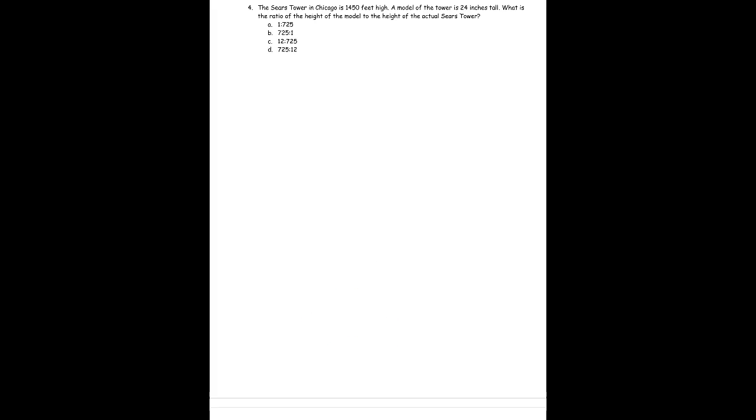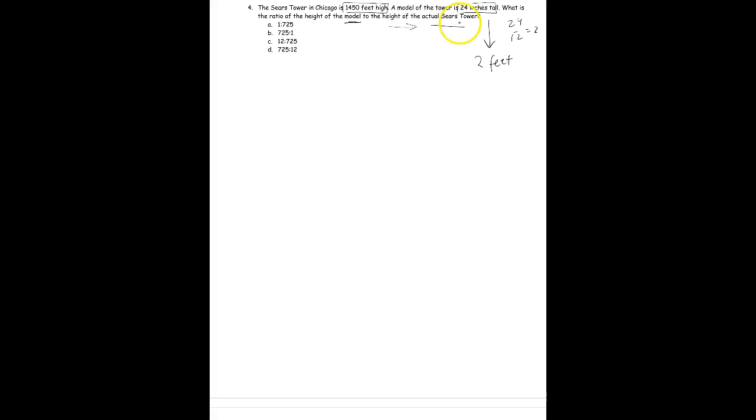So the idea is just to use this idea of ratio to figure out what the scale factor is. Really the most difficult part of this problem is the fact that the Sears Tower here is measured in feet and the model of the tower is measured in inches, so we need to get those into the same units. I find this one a little easier to work with, so I'm going to just convert that to 2 feet. Because there's 12 inches in a foot, so 24 divided by 12 equals 2 is how I got that. And now I have them both in feet, and it says what's the ratio of the height of the model